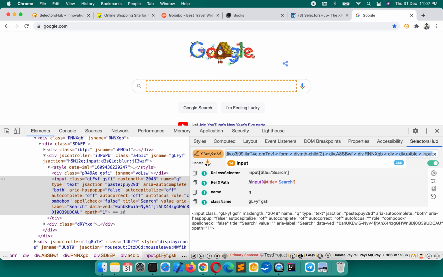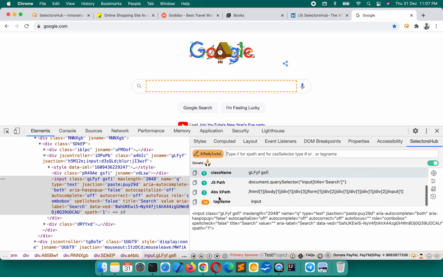While Selectors Hub is giving such an optimized relative XPath, and all their occurrences here, it gives all possible selectors. If you scroll up and down, you will get all possible selectors for the inspected element. So it saves a huge amount of time while writing XPath and CSS selectors. So yeah, this is really helpful.